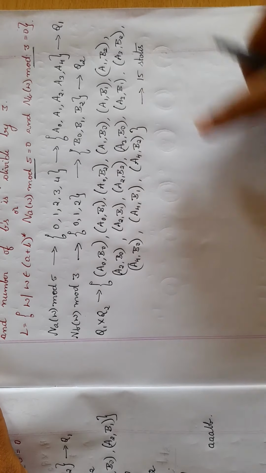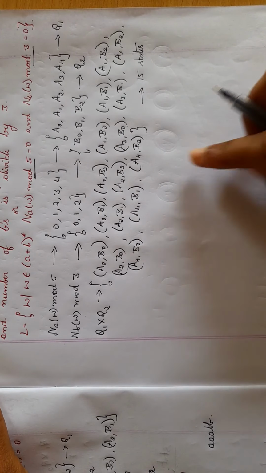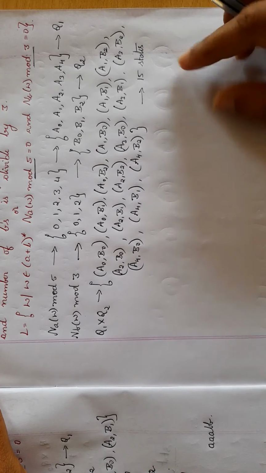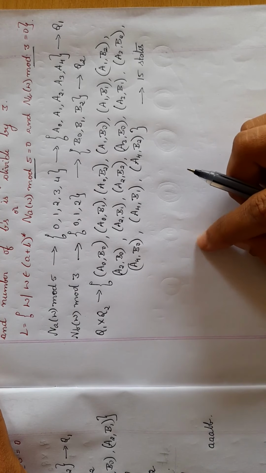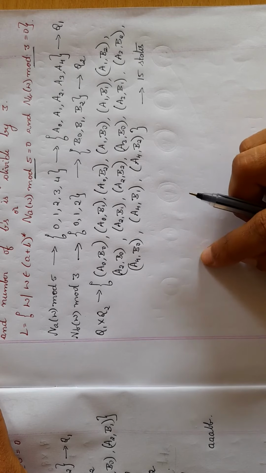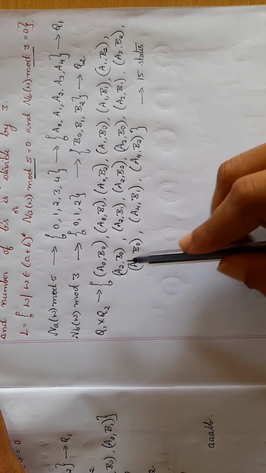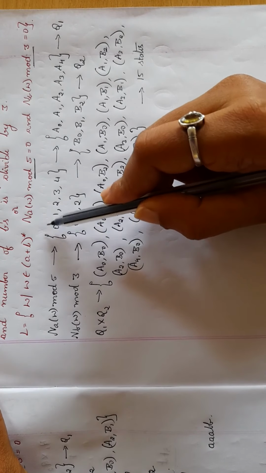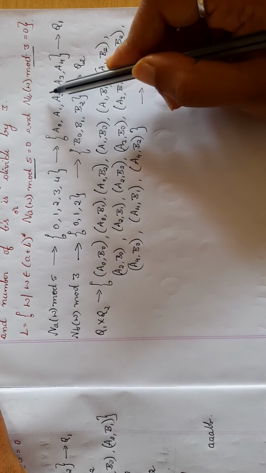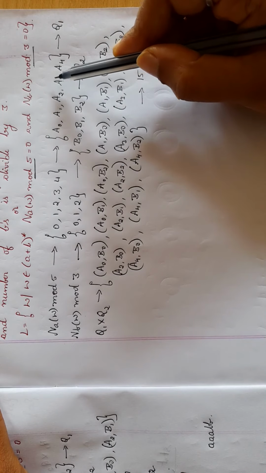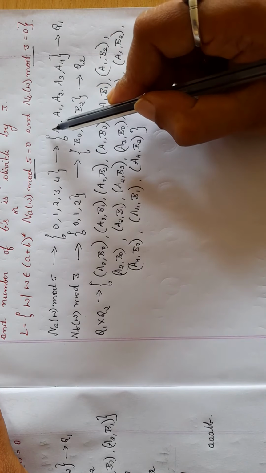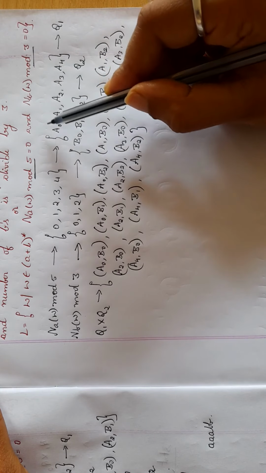You have to write 15 states and draw a DFA. Drawing the DFA is similar to the previous problem. From each and every state you will have one outgoing A and one outgoing B. From A0 it will go to A1, from A1 to A2, from A2 to A3, from A3 to A4. Once it reaches A4, it will come back to A0.